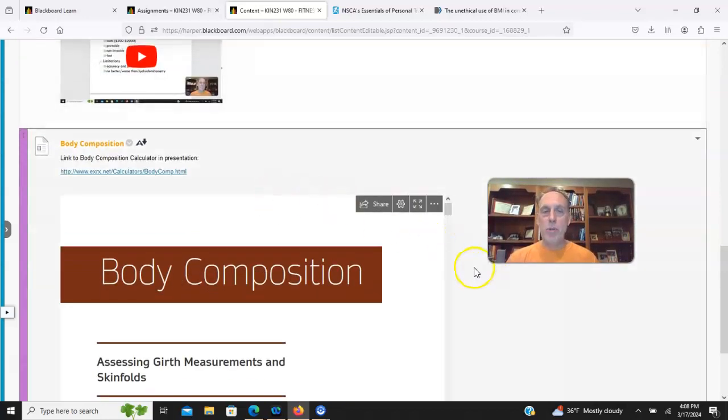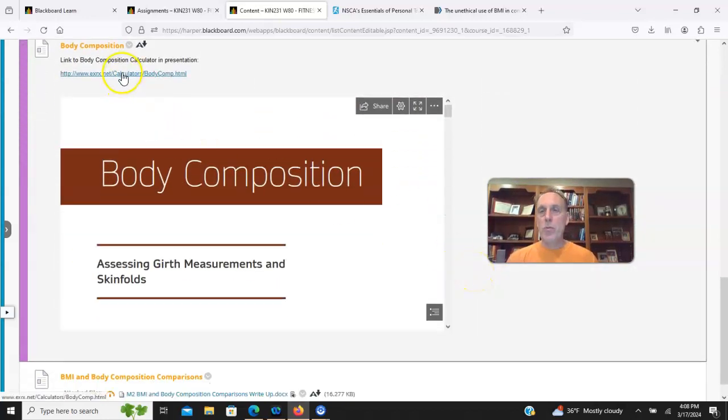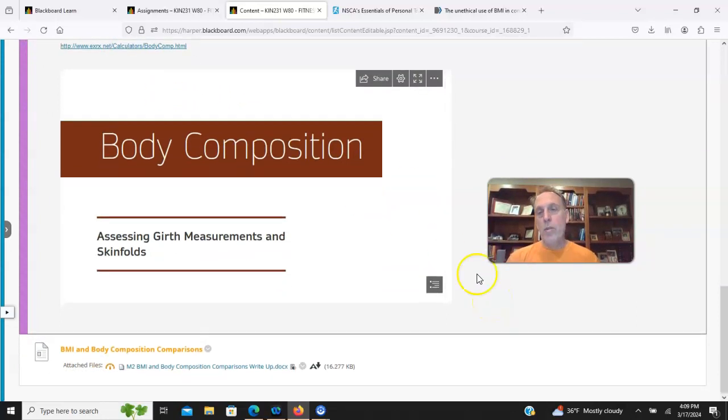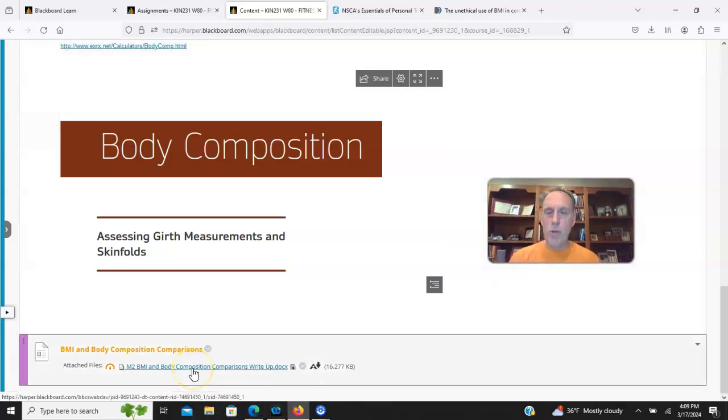Also, here's another presentation that we have with a link out to a body composition calculator, which I think you'll find pretty cool. With this presentation, absolutely there's some information in there that is in the assignments folder. And what I did is I whipped up a one-page write-up for you guys so you can compare and contrast body composition tools like bioelectrical impedance, skin fold calipers, and